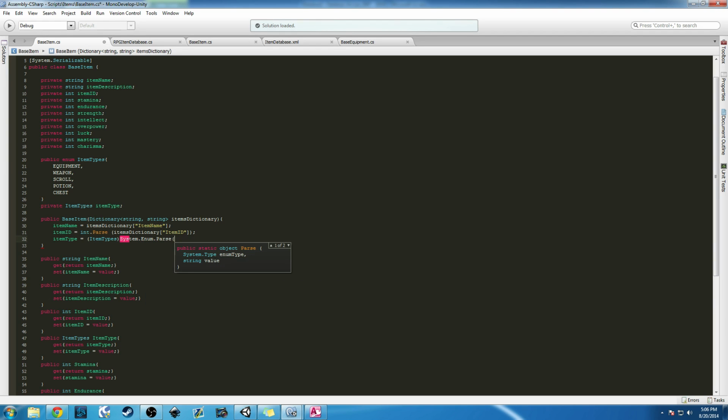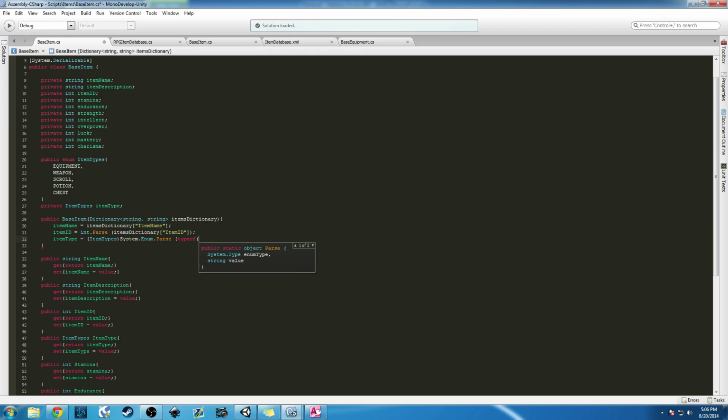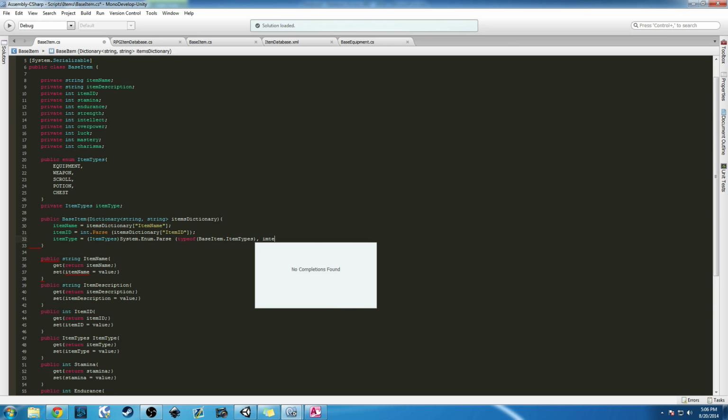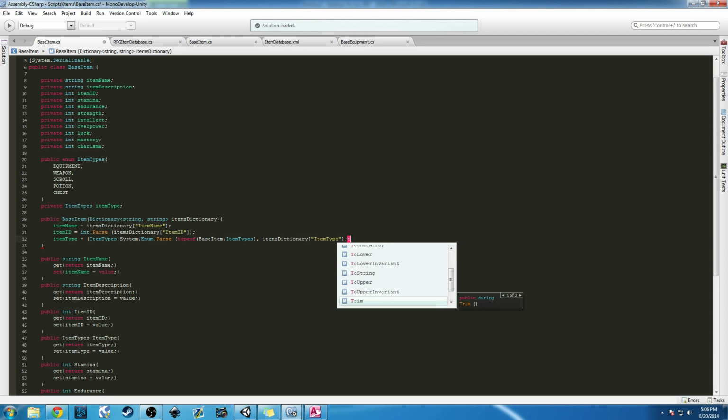And so what this is going to do, type of base item dot item types, and then it takes a value, and this is where you go ahead and do your dictionary. So what is this? Item dictionary brackets. What would be item type dot toString,